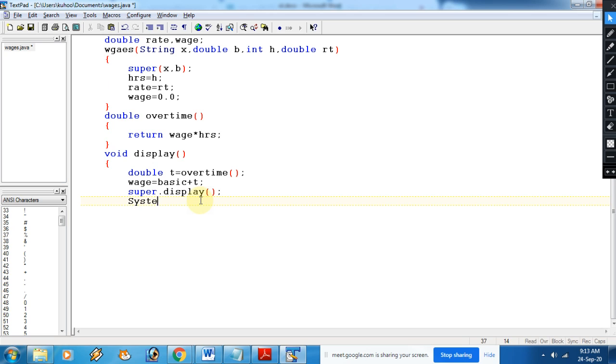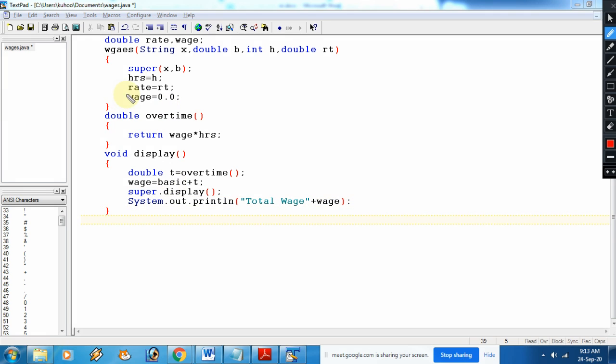After that we have already calculated, so we will print the total wage. See here what I have done. This wage variable is already given as the data member, so there is no need to declare it again. So directly we are able to access it, then we are printing. Whatever we have stored here, that is coming in this, right?